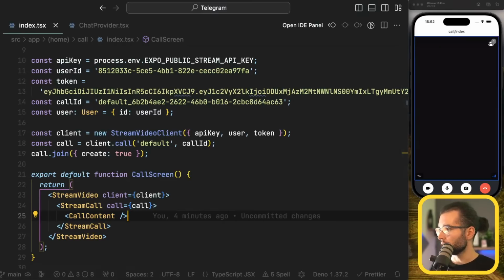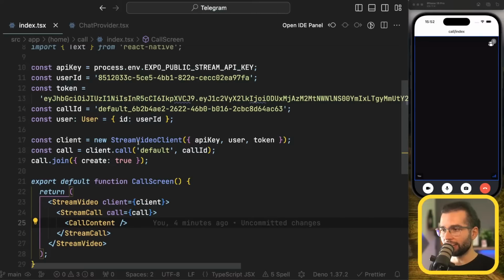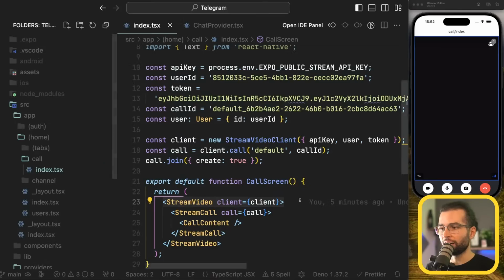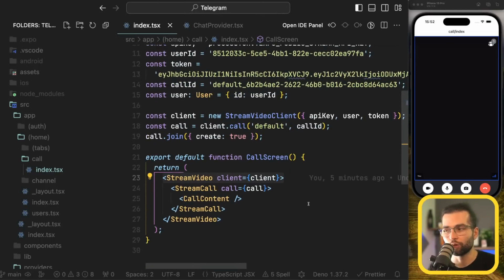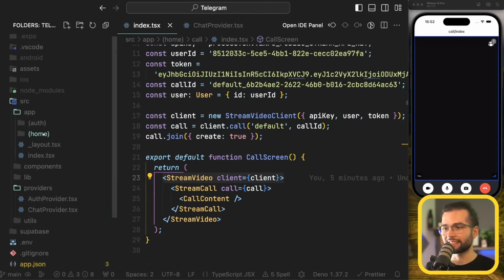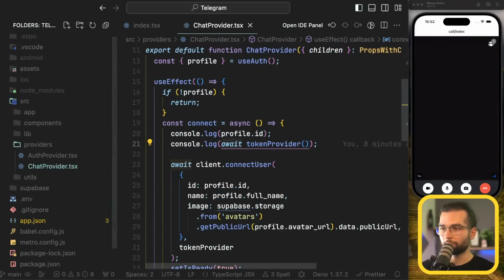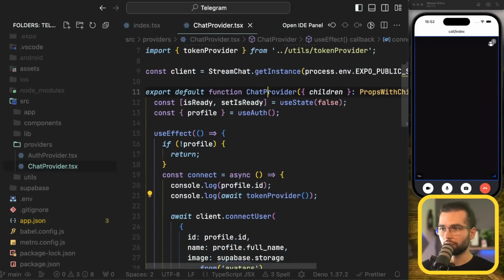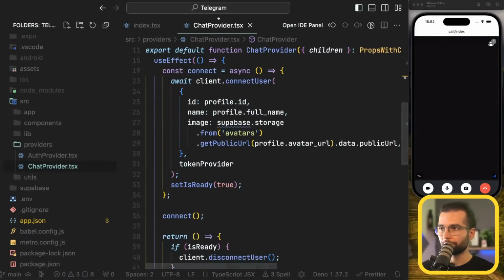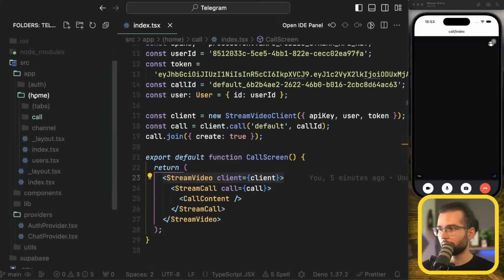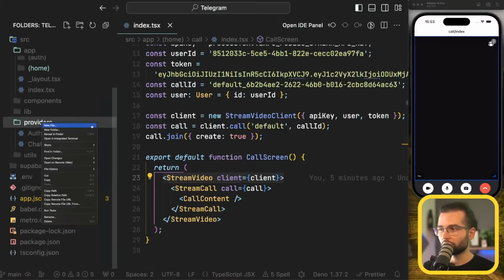Okay, so we have that, we have that, we have that. Now we're gonna go ahead and extract the setup of our video client into a context provider so that we can do it at a more global level and in a separate file, similar to how we set up our chat provider in a global function here. So let's go ahead and start by creating a new provider called